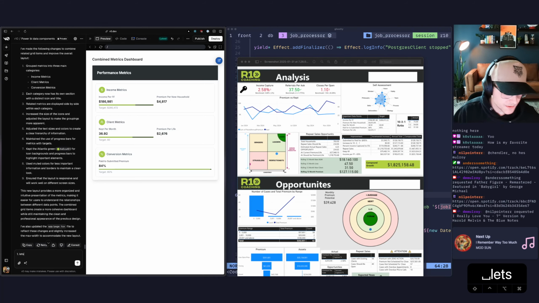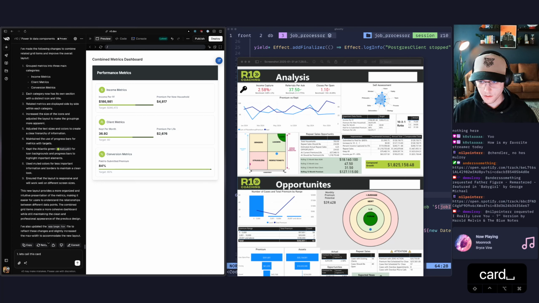One, let's call this card important data points. Two, let's prefer vertical stacking of grid items of the